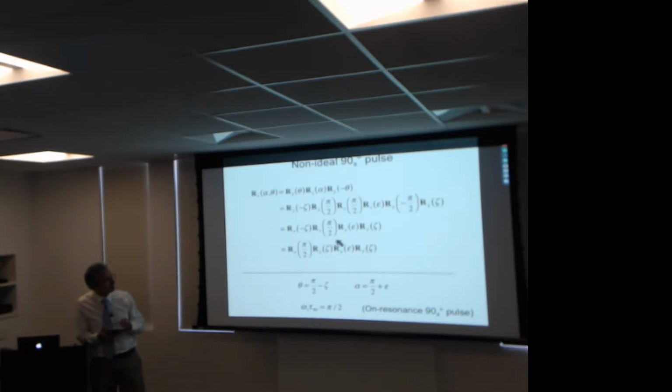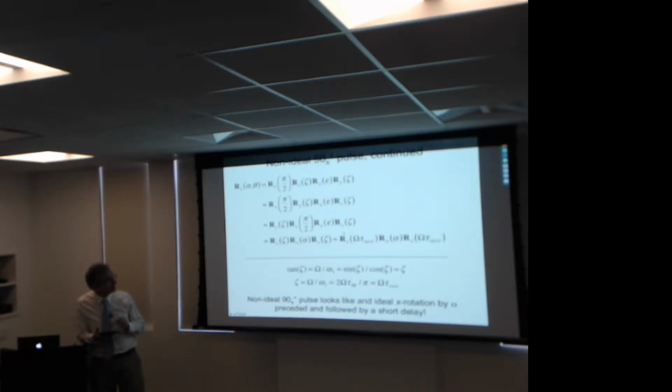And that brings me down to here. And I keep playing the same trick. Now I've recombined the x pi over 2 and the x epsilon back to alpha